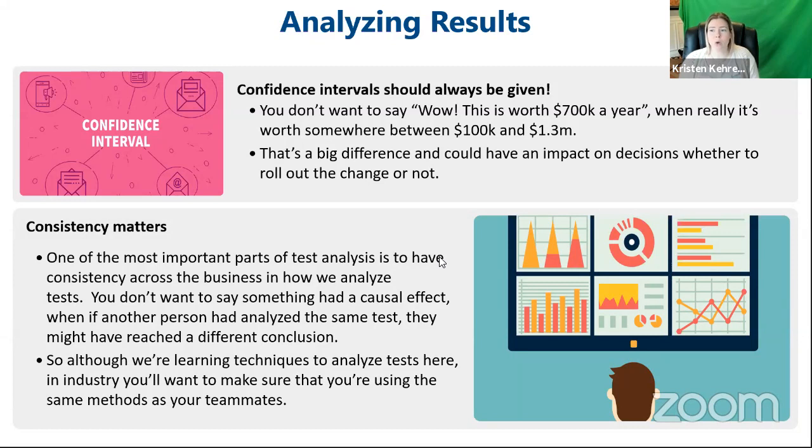And then of course, we're going to be going into R and looking at a test. But what I want to say before we do this is that consistency matters. So if you take a job at an organization and they are using a different statistical test to determine statistical significance, you're going to want to use the same test statistic that they are using, because the worst thing you can do is have two analysts analyze the same thing and get two different results, right? You want to make sure that everyone in the organization is doing things the same way that other data scientists would be doing this, so that